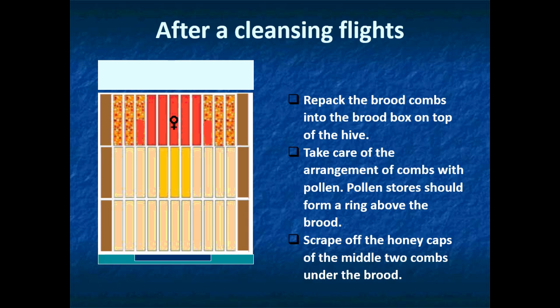Below this brood chamber, place surplus honeycombs directly below the brood itself. Scratch the honey on 2 combs in the center. This practically serves as an automatic feeding system. The bees will move this scratched honey upwards, creating the sense of an early nectar flow and encouraging the queen